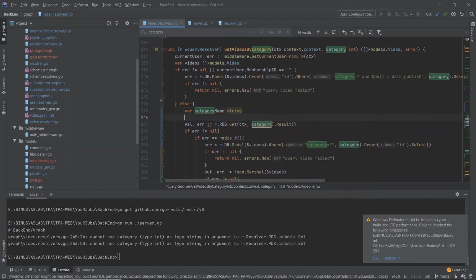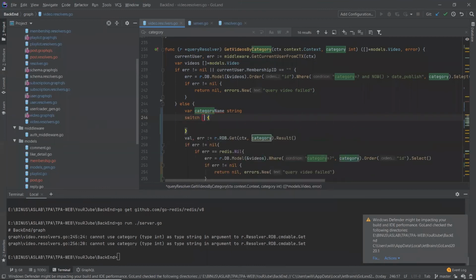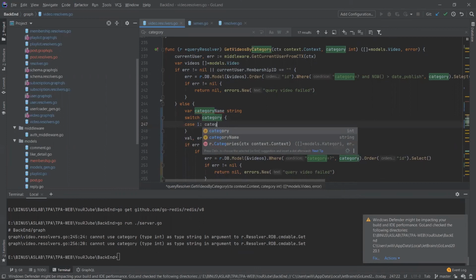And then we need to validate the category. We use a switch case. So first we make a switch here. We're going to check our category value. If the case is case 1, then the category name equals games, just like that.